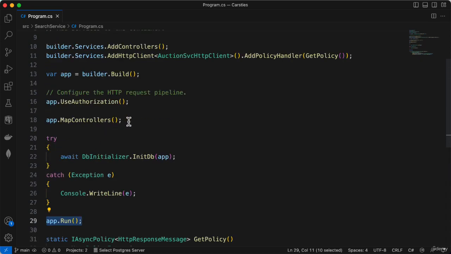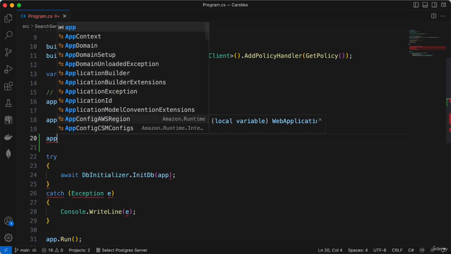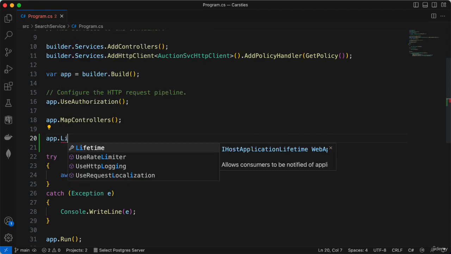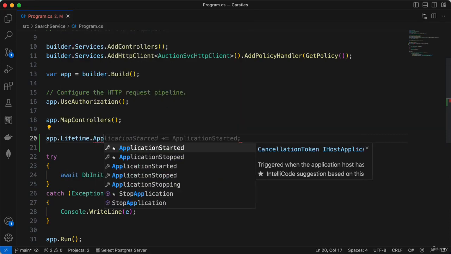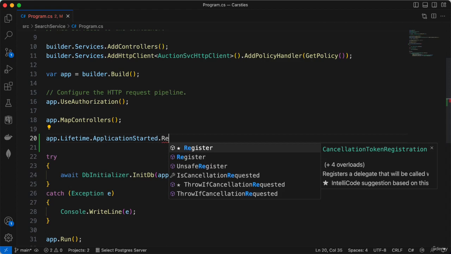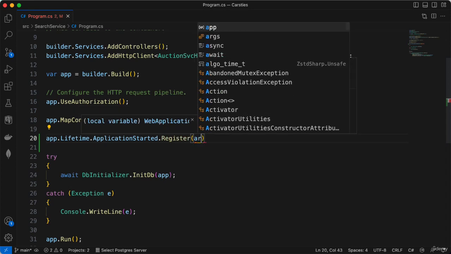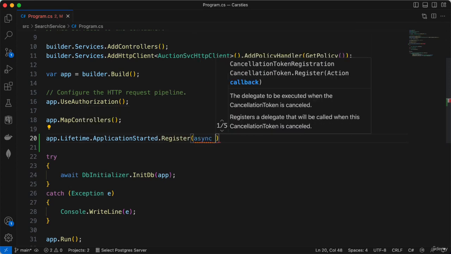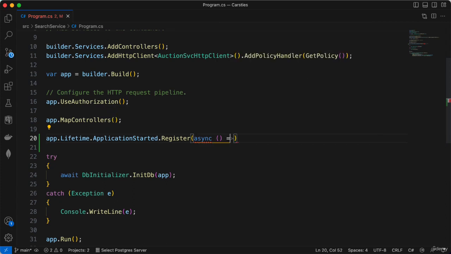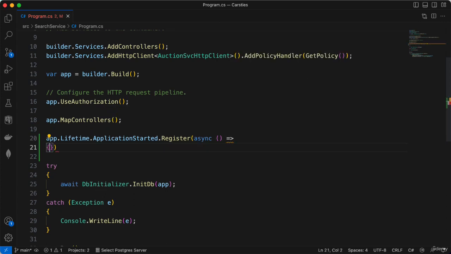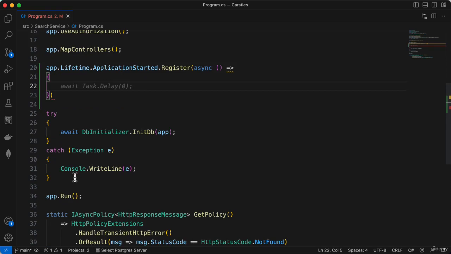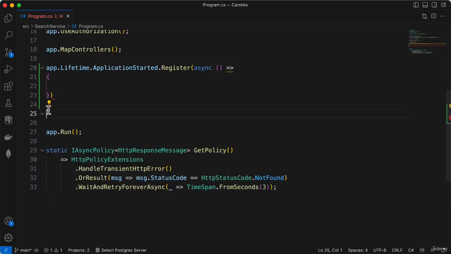And what we can use is we can hook into the app lifetime event. So I'm going to say app.Lifetime just underneath the MapControllers and say ApplicationStarted. And I'm going to register and say async and add parentheses, add the arrow function. And then I'm just going to move the code that I've got here, the try catch block, inside